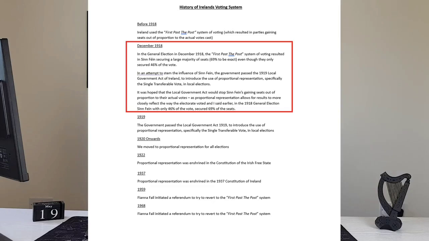So, in an apparent attempt to stem the influence of Sinn Féin, the government passed the 1919 Local Government Act of Ireland to introduce the use of proportional representation, specifically the single transferable vote in local elections. It was hoped that the Local Government Act would stop Sinn Féin gaining seats out of proportion to their actual votes, as proportional representation allows for results to more closely reflect the way the electorate voted. And as I said earlier, in the 1918 general election, Sinn Féin, with only 46% of the vote, secured 69%